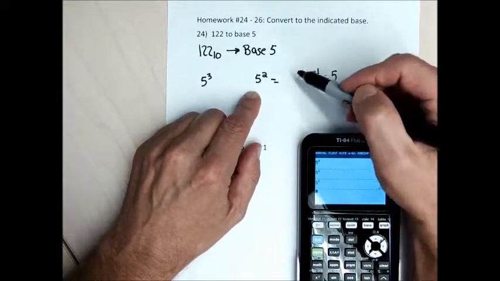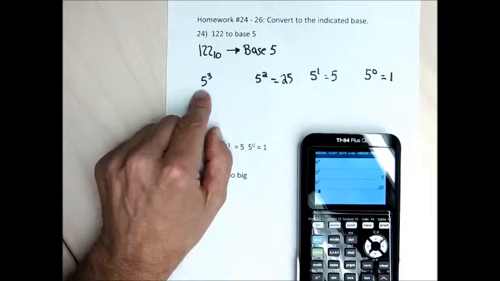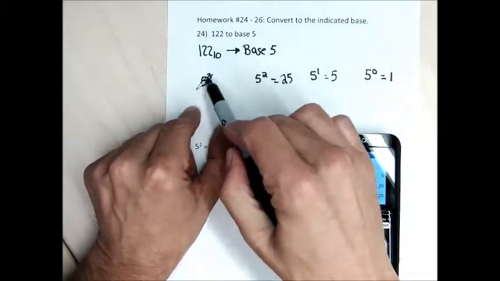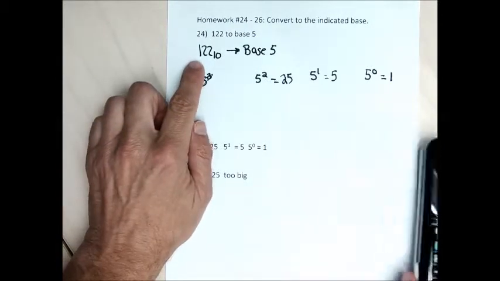5 squared is 25. It's less than 122, so I need to keep going. Now I'm going to 5 cubed, and 5 cubed is 125. It's too big. I'm not going to worry about it. So I need all the powers of 5 that are less than or equal to 122, and now I'm going